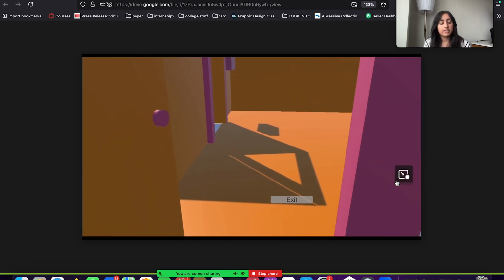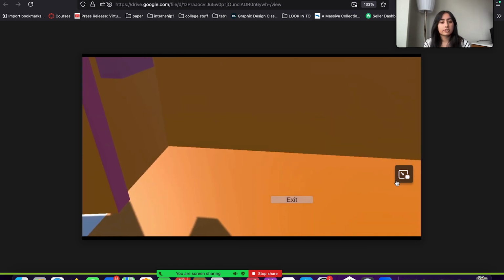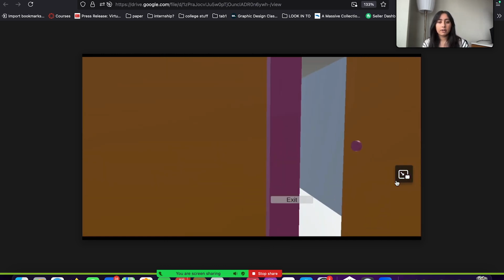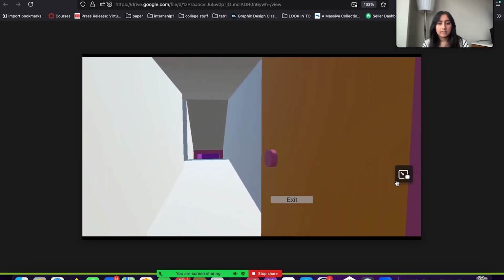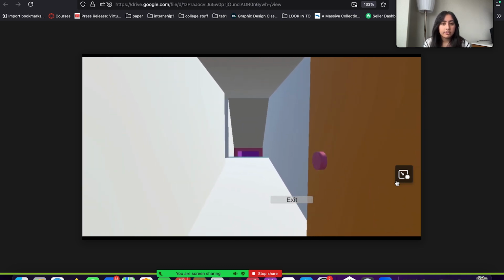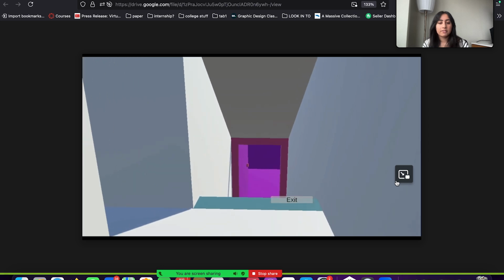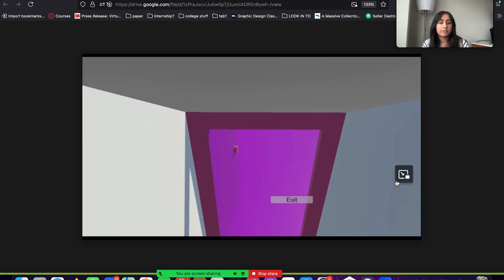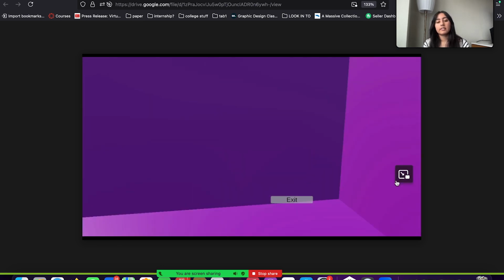Going to the third room, you see the player has some trouble getting through the door. That's because this room has reversed controls. Forward is backwards, backwards is forwards, right is left, and left is right. So the player has to try and experience how they have to move through this room and face difficulties getting through. This room that we've now entered is the bonus room.